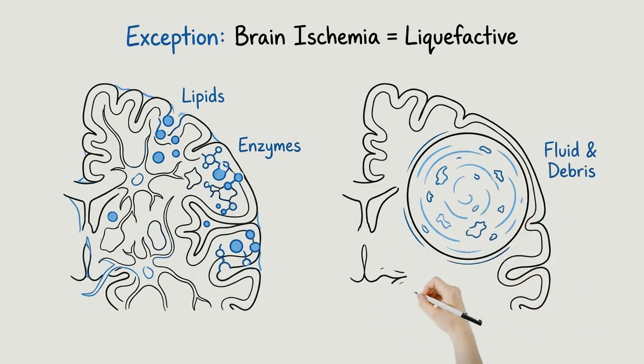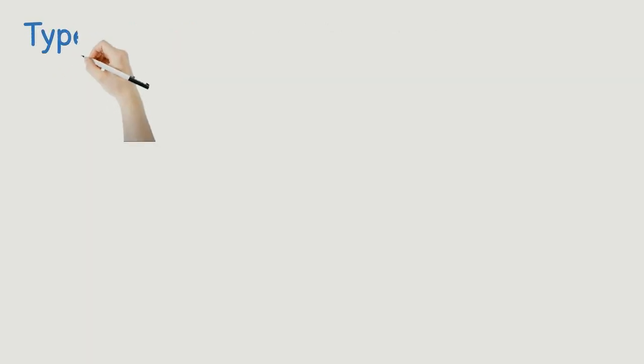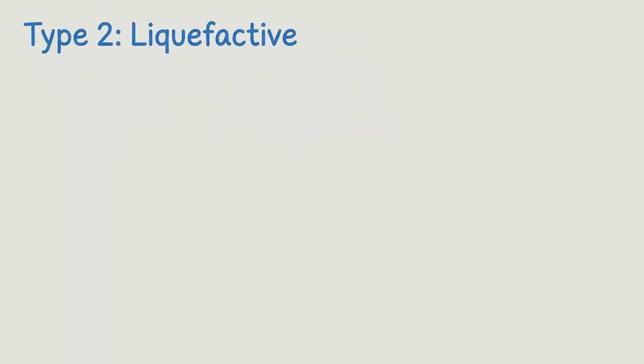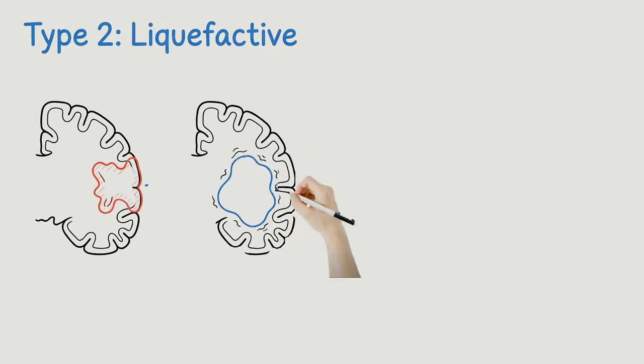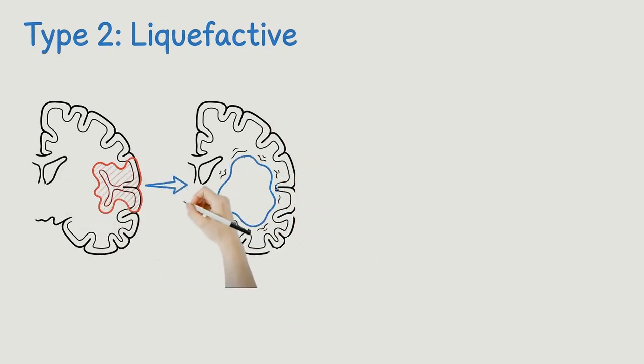Say it and lock it in. Ischemia in solid organs is coagulative, except the brain, which is liquefactive. Type 2. Liquefactive, with two distinct triggers worth separating. Trigger 1 is brain ischemia. We just covered it. Intrinsic enzymes digest the tissue, culminating in a cystic cavity containing fluid and debris with complete